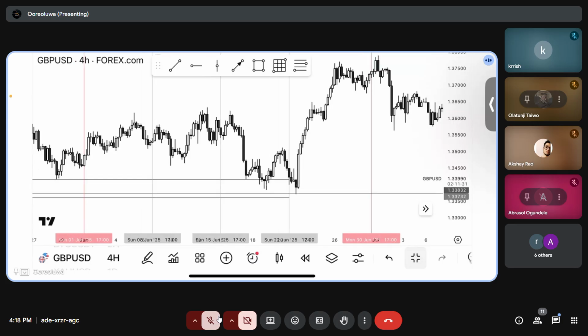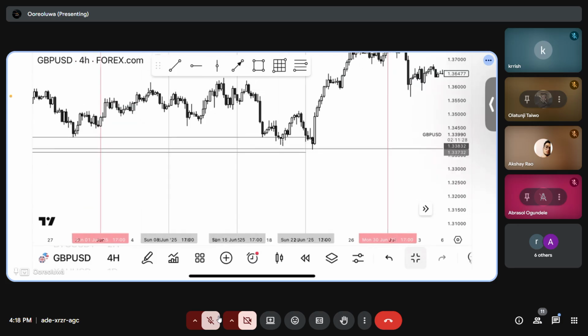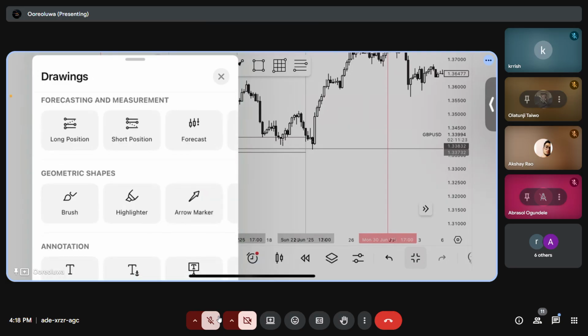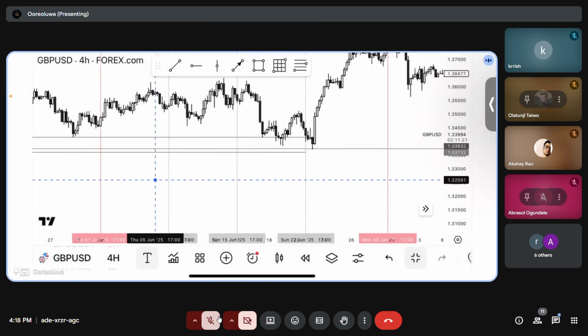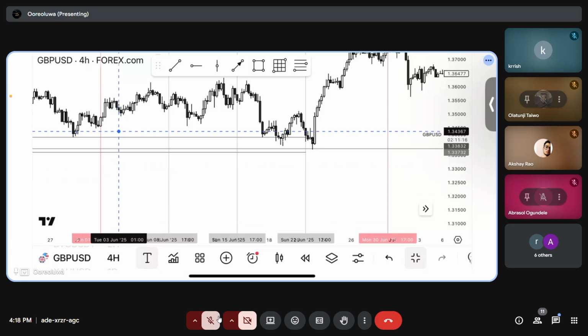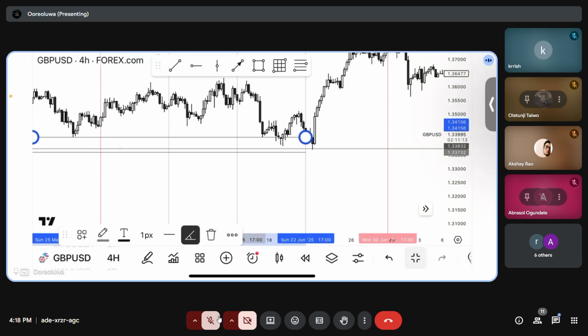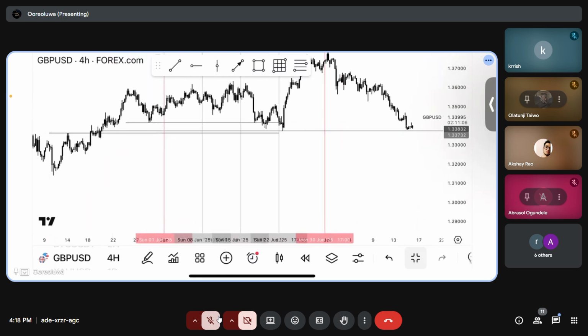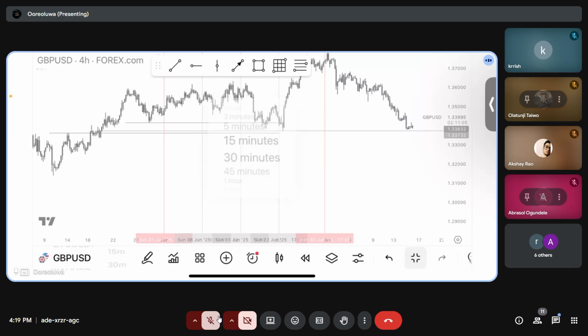So week one, let me write it out. Sorry for the delay. I'm just doing something. Okay, we all know this is week one, this is week two, this is week three, and this is the fourth week. So let's go to maybe the hourly chart or the 30 minutes. Okay, let me use the 50. Learn how you trade each of them.